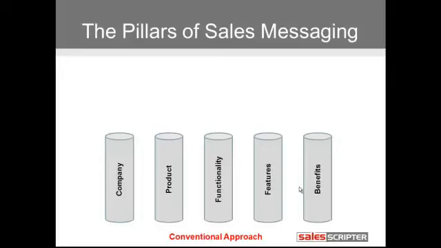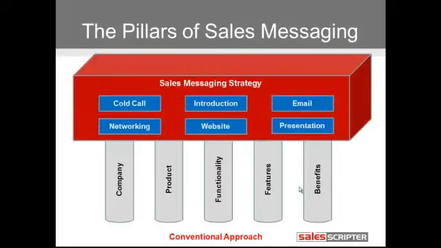You can think of each of these columns being filled with points, and those points that I just went through are the company-specific points. Then we can fill the product column with product points, such as these are all the products that we offer. We move on to the functionality. This is what our products do. The features, these are the features that are offered. These are what you can add, what you can select from, and then the benefits that are delivered to our customers. And if we fill all those columns with different points, we could call them nuggets of detail,